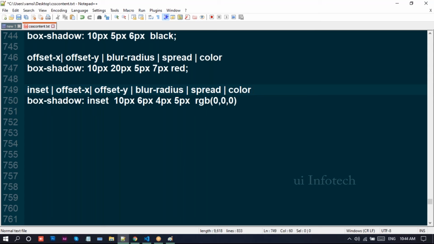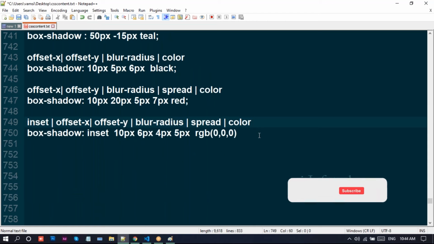See, like this the box shadow will be calculated. Along with that, we can also use the comma separator. I'll show the example there so you get a clear understanding.